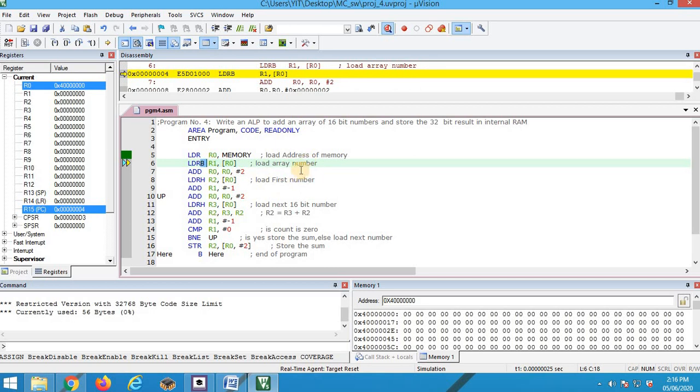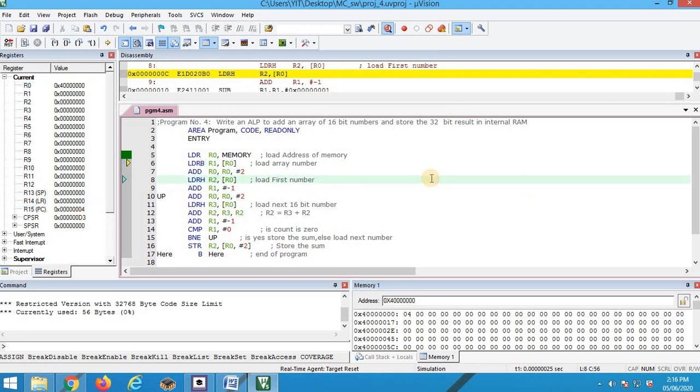Here, in the first location I am going to store how many numbers are going to be there in the array. Let's say I consider an array of size 4, that is, an array in which there are 4 numbers.